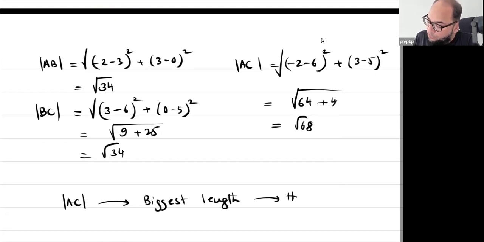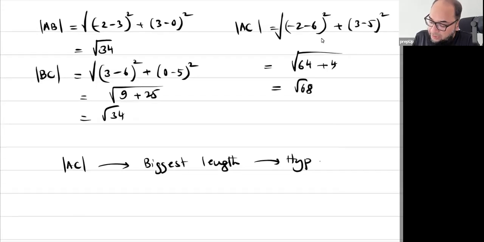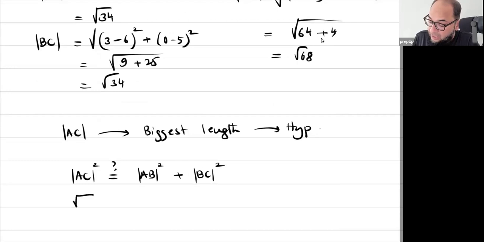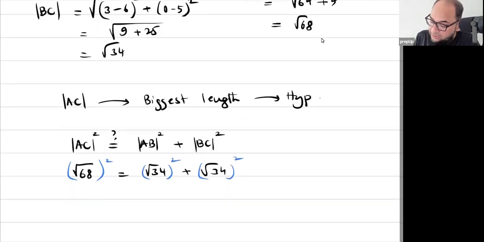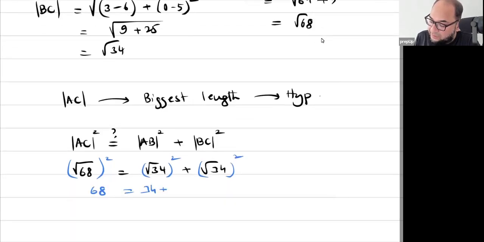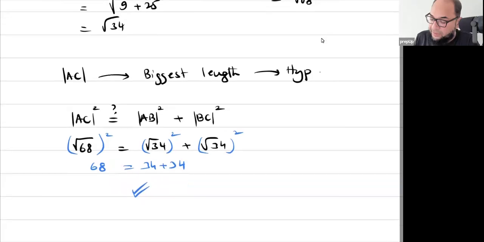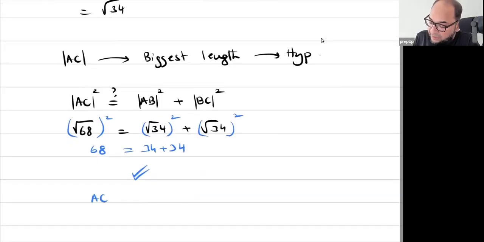Therefore, AC is the hypotenuse. So AC square, if it equals AB square plus BC square, then we would say yes, it's a right angle triangle. Root 68, root 34, root 34, and then square it, square it, square it. So 68 is 34 plus 34. Yes, it fulfills Pythagoras theorem. Therefore, AC is in fact the hypotenuse,